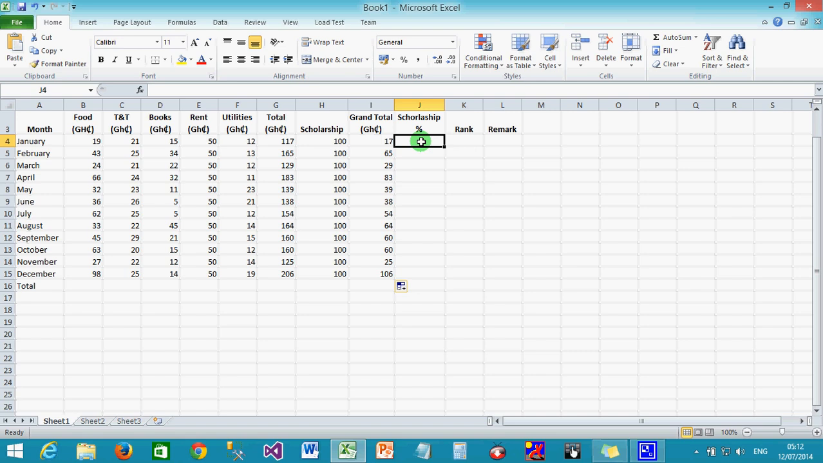Scholarship percentage. Scholarship percentage is to be computed on the total column. We are going to use the formula scholarship divided by total times 100. So the equal sign comes first. Scholarship is this H4. Let me first put this into brackets. Open a bracket, H4, scholarship, divided by total, which is G4,